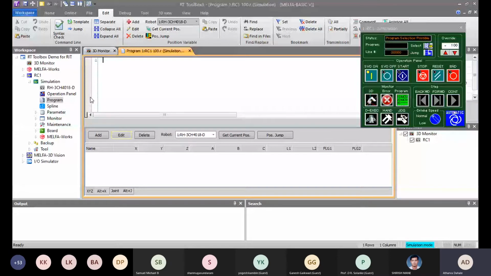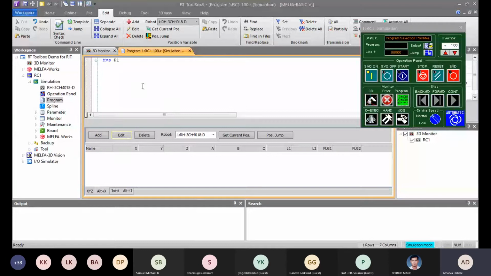And if you want to teach any position or give any position to the robot, the prefix is P. So if you want to write that the robot should go to position 1, you are supposed to write MVS P1. So that will be its first position. The robot will move to its P1 position. If you only write MVS 1, that won't be understood by the robot, and after the execution of the program, it will show an error. So firstly MVS P1.